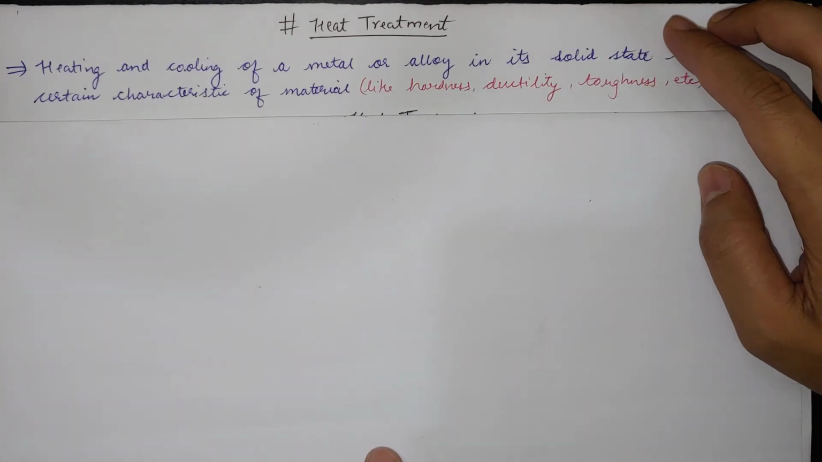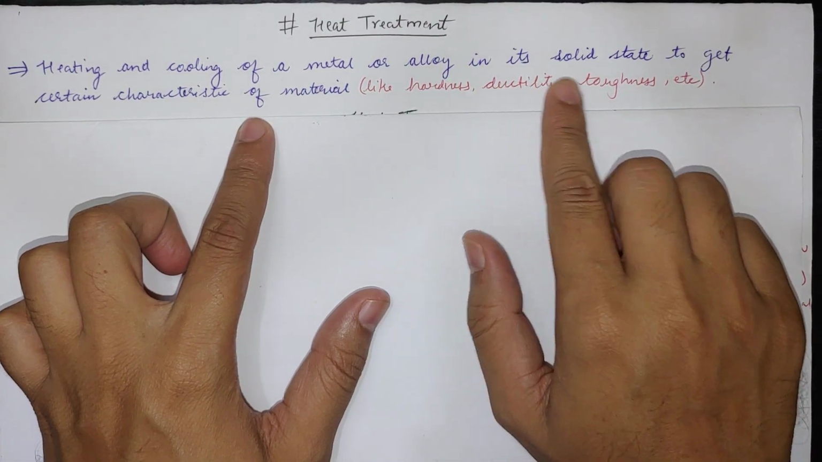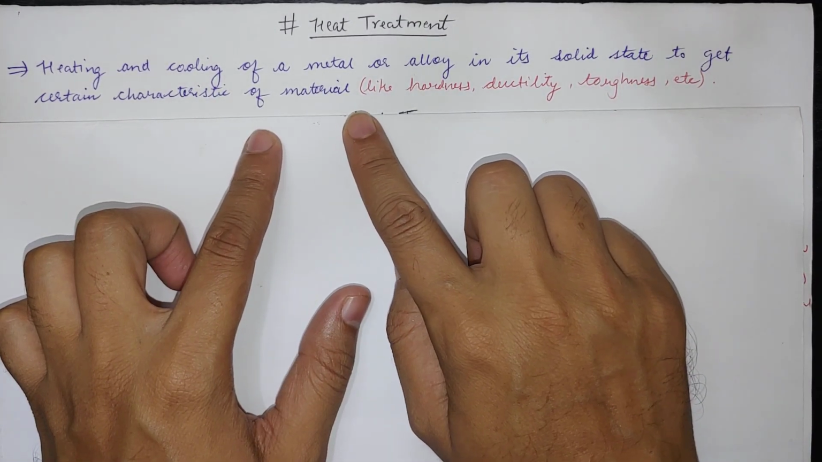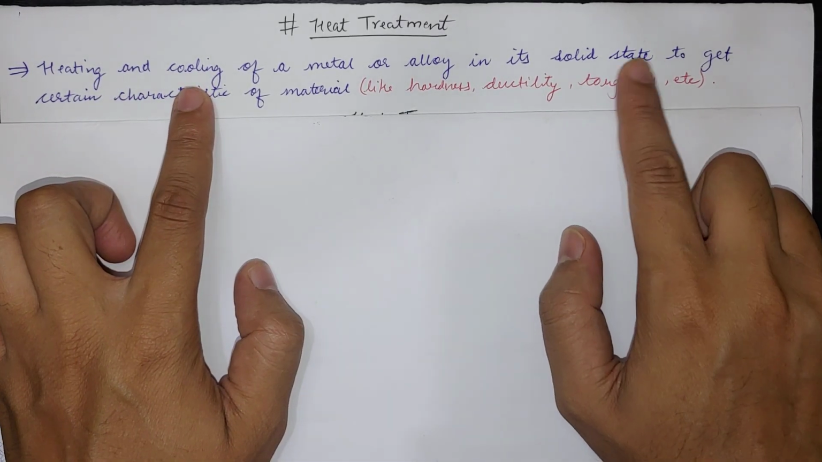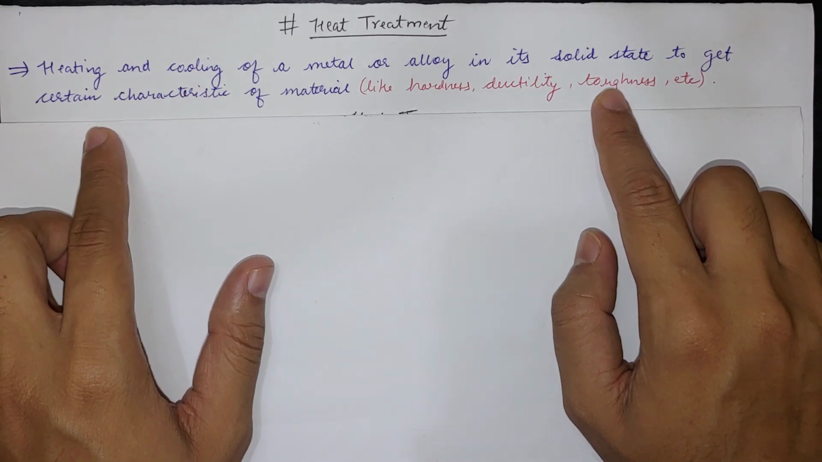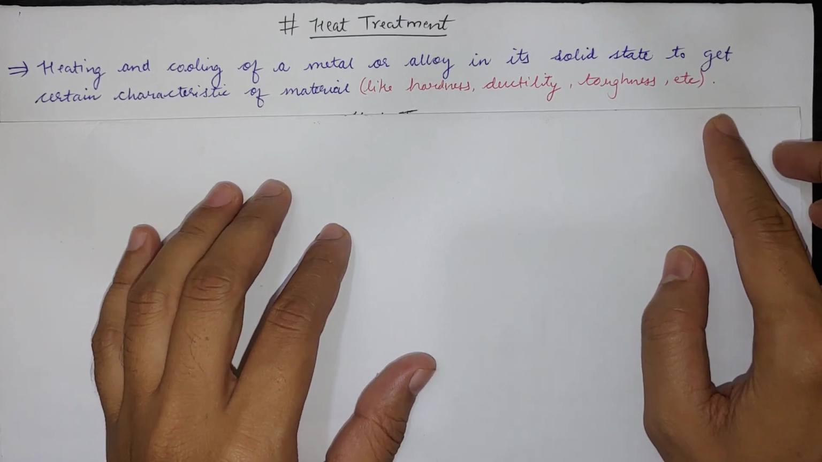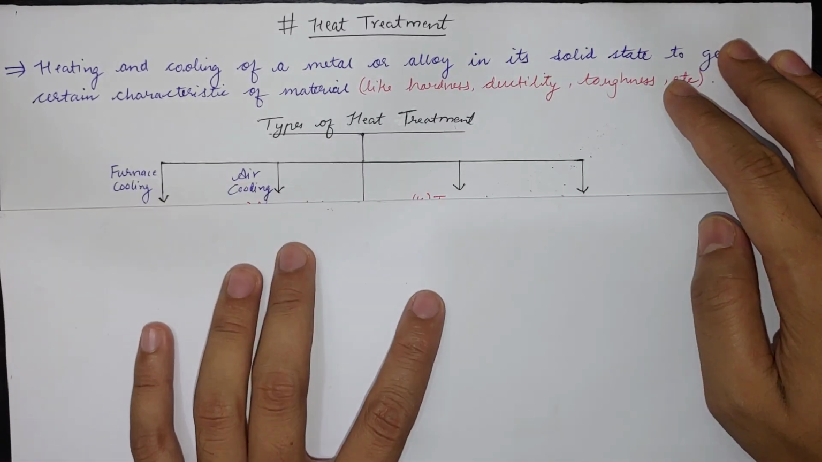Welcome to this video. In this video we will see what is heat treatment and heat treatment types. So heat treatment is a heating and cooling of metals or alloys in its solid state to get certain characteristics of material. We get characteristics like hardness, ductility and toughness. So by heating and cooling in its solid state only, we get these properties, and this process is called heat treatment. We have various heat treatment processes, and the types are: